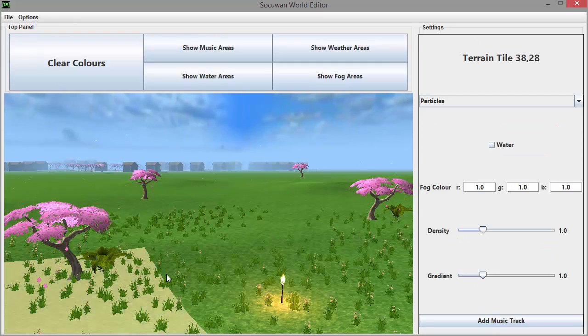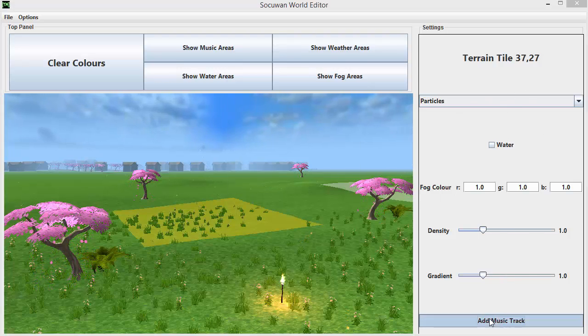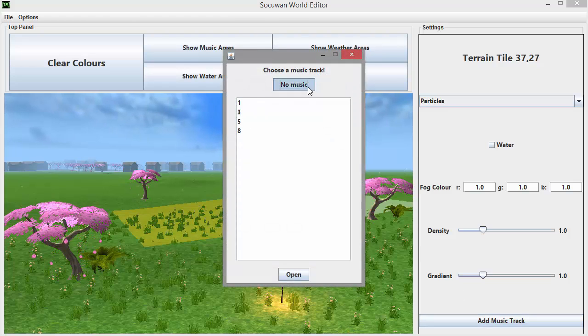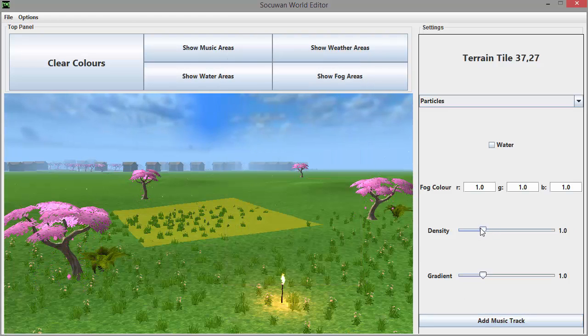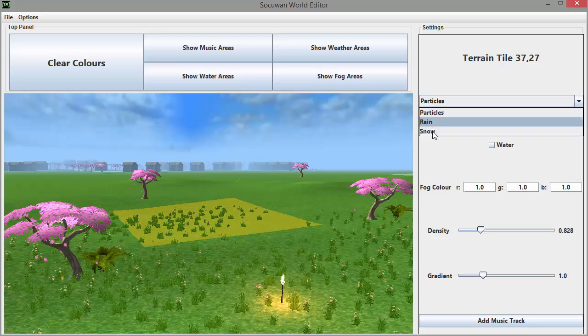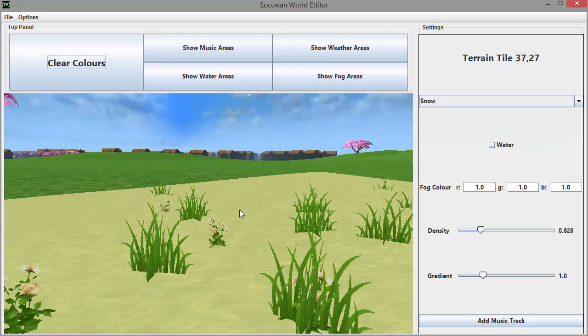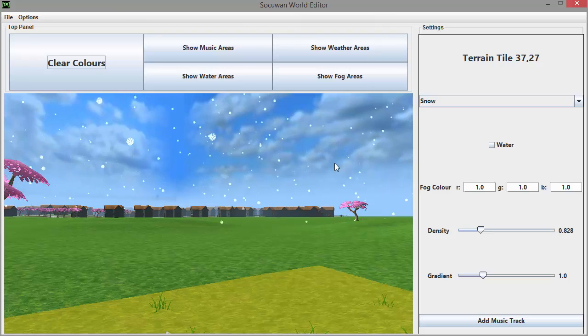options this week. You can now select terrain tiles by clicking on them, and as you can see it brings up a load of settings over here on the right. For example, you can add music to the area, change the fog settings for that terrain, add water at a certain height, and also change the weather for that terrain tile. So if I change this to snow, whenever you go into that terrain area, you can see that it begins